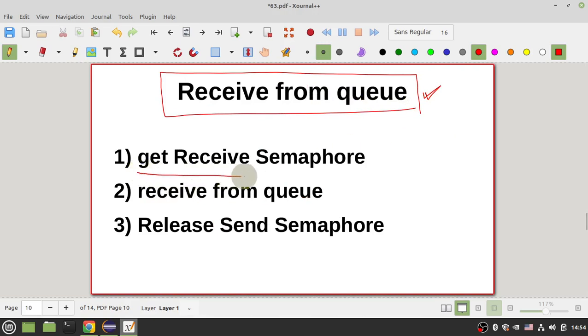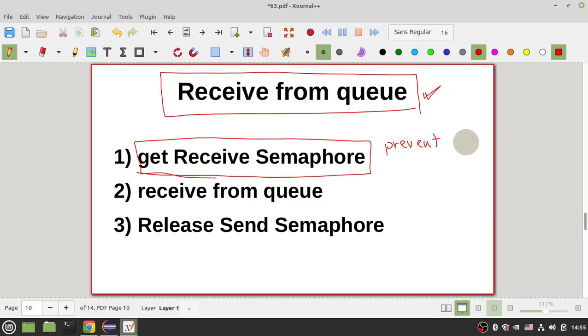First, you must get the receive semaphore. This helps us to prevent reading before the write stage. This part of the code helps us to prevent reading before the write stage. Okay? Because the initial value of the receive semaphore is 0,